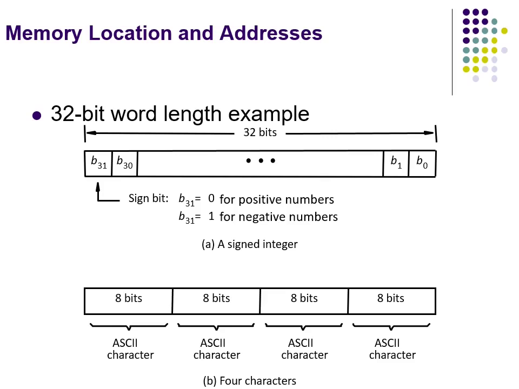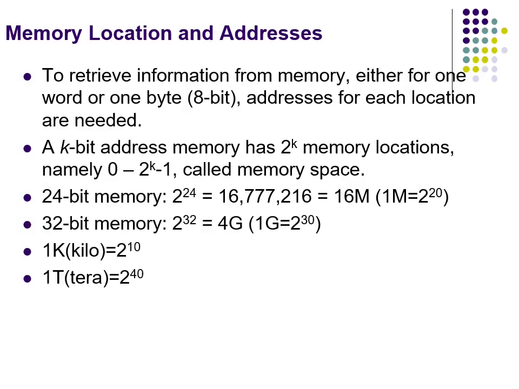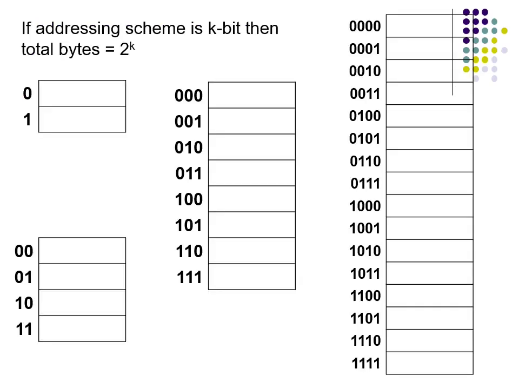Computers and processors differ in word length. Different word length processors are there. This explanation I have also already given in previous slides about addressing, how to give addresses to memory locations in the memory. So the thing to remember again here is that we assign an address to every byte. Okay, we'll come back to this slide. I'll go to the next slide first. See, addresses are assigned using binary.